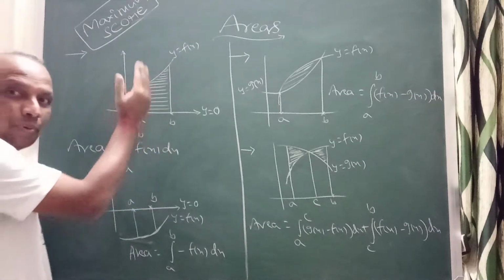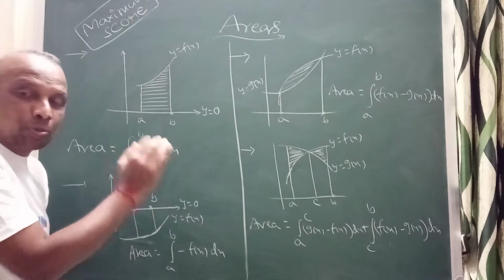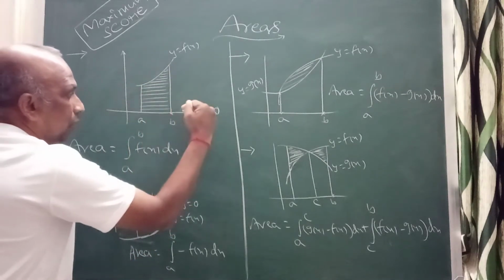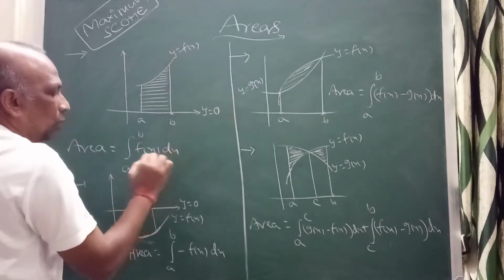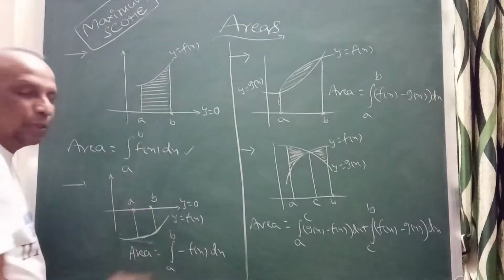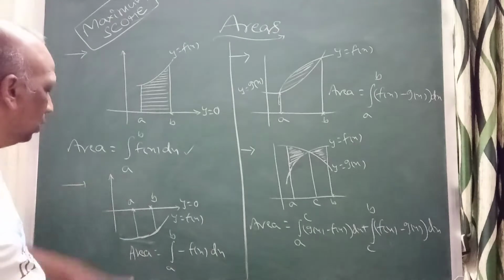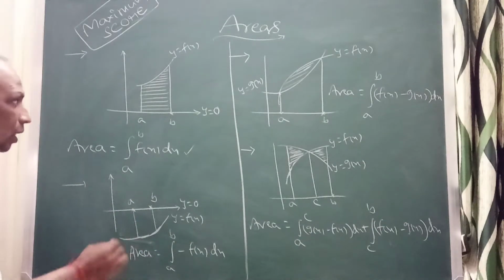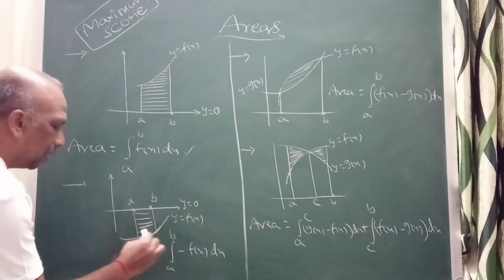When they are using x values, definitely the curve we should express in terms of x. So upper curve minus lower curve. Let this be one curve: f of x minus 0, f of x dx, integral a to b, f of x dx. Coming to here, you see this one. This is the curve y, this is the required area. So this is the required area.